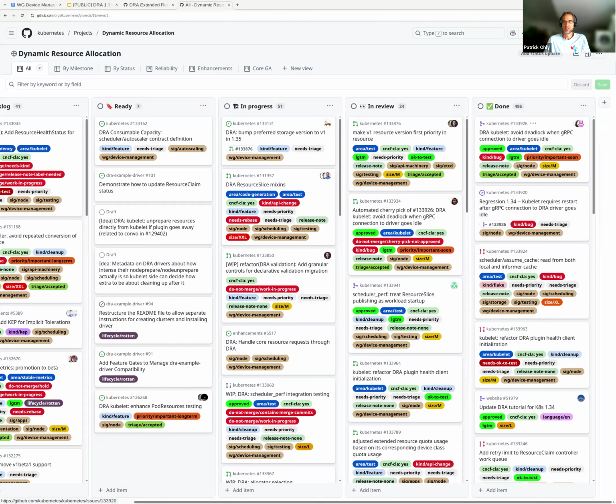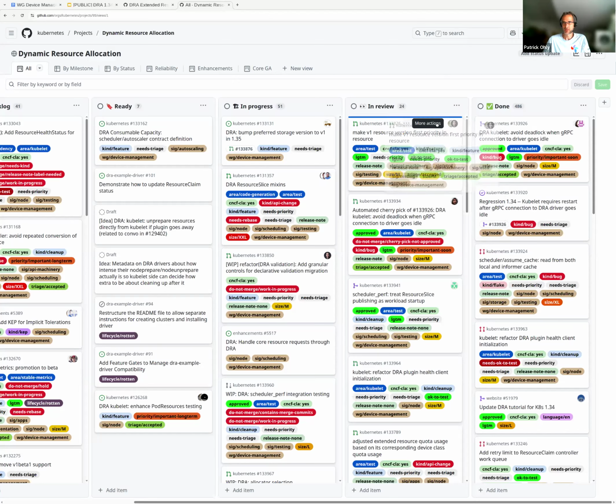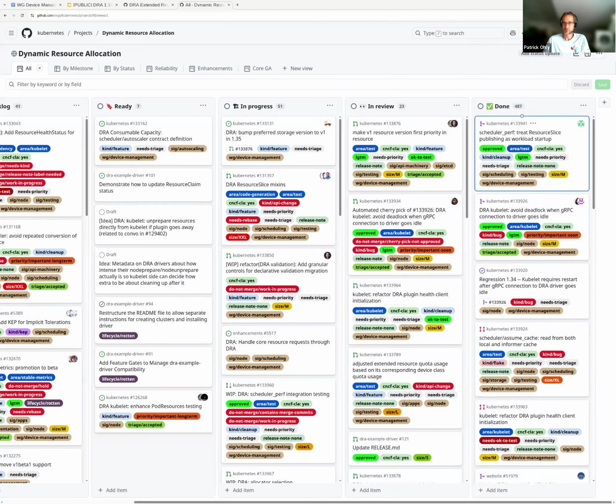And then the done column, I'm a bit unhappy with GitHub here. If I click on a link and move it to a column, I could move it to done, but it ends up at the bottom of that done column. So what I tend to do is manually drag and drop. If I see something like this one here that got resolved, moving it to done is still a manual thing that I do from time to time, and I move it to the top. So if that's done consistently, you can look at the done column and see the things that were recently completed, and that includes the regression that I just mentioned.